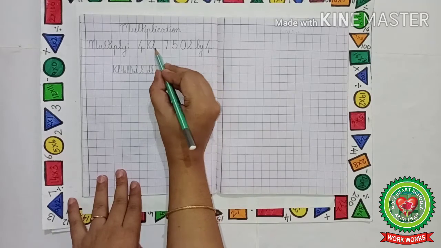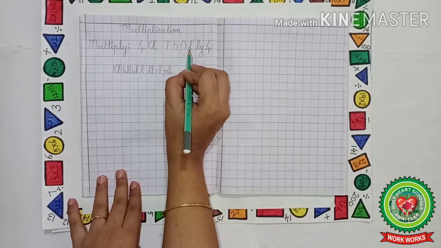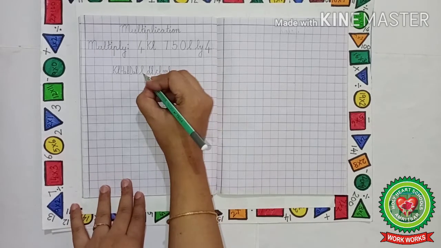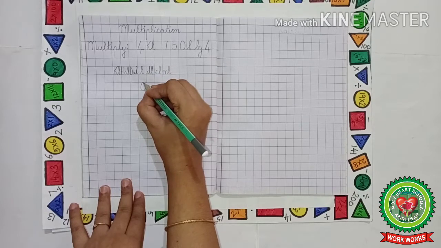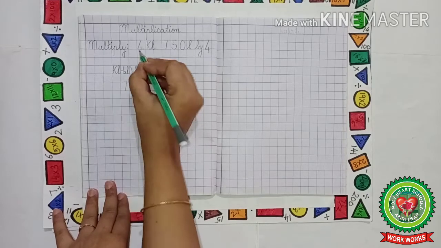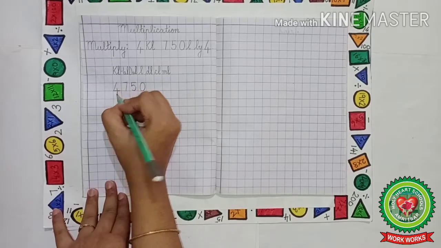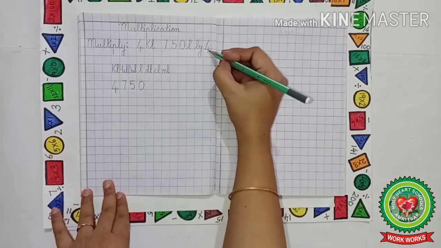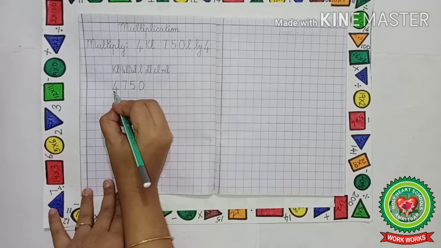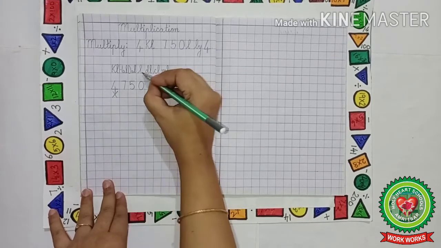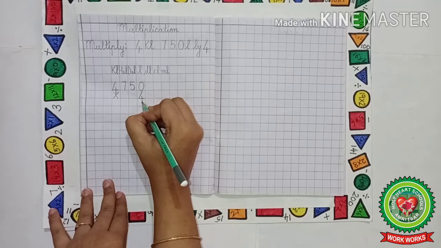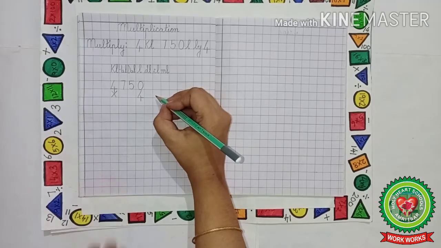Now it is written 4 kiloliter 750 liter. So we will start writing from the liters place but backwards. So in the liters place, first of all we will write 0, then 5, then 7 and then 4 under kiloliters place. Now we have to multiply it by 4. So just below 4 in the kiloliters place, we will put the multiplication sign, and in the liters place just below 0, we will write 4. Now let us do the sum of multiplication.